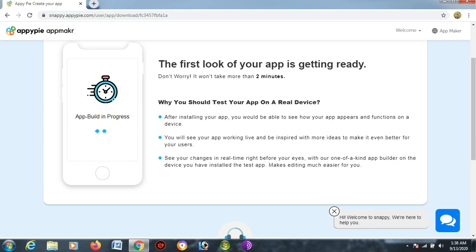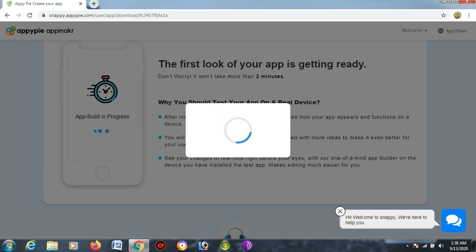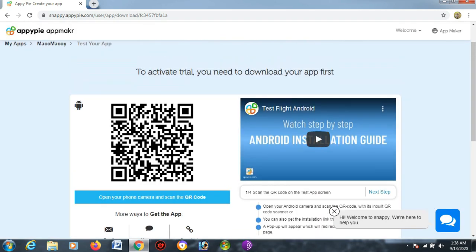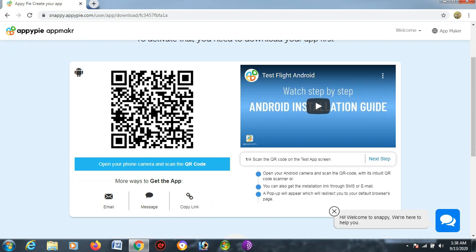You will see your app working live and be inspired with more ideas to make it even better for your users. Here comes the barcode. As soon as you scan this barcode, you will be able to go to the website so that you can install the app. It will be available on the Play Store.